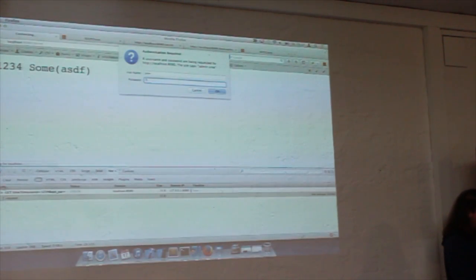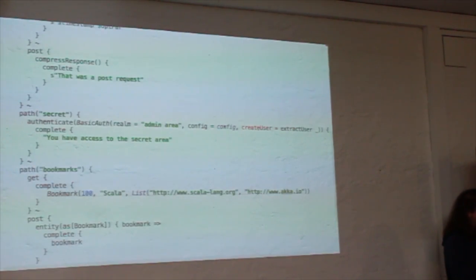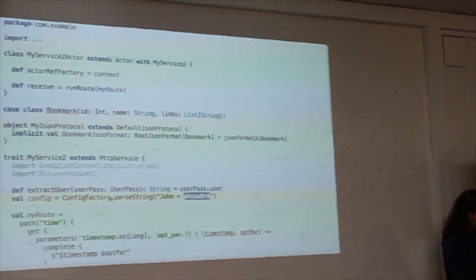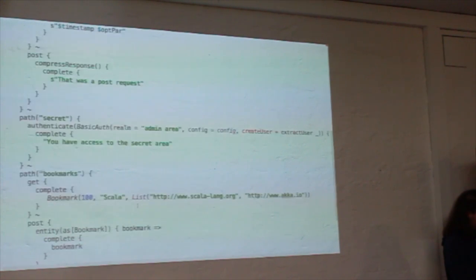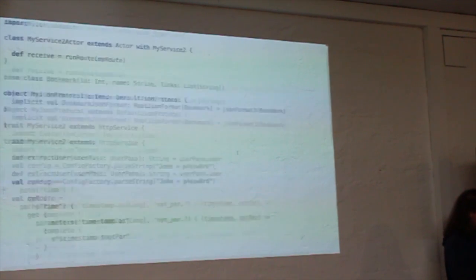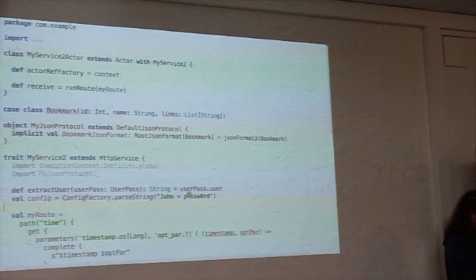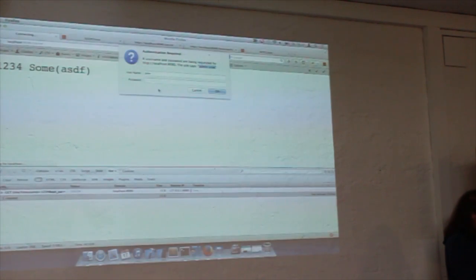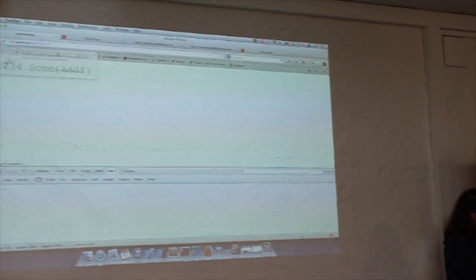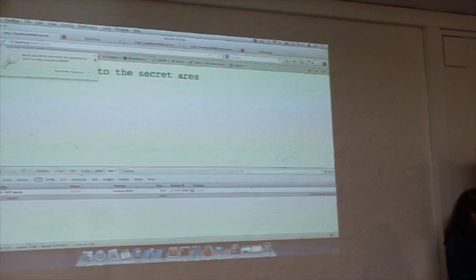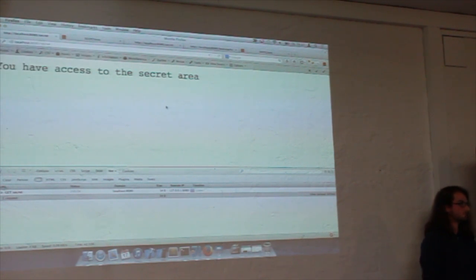It also tells me here it's admin area. This side says admin area. The config is the config that you stated here. And the same create users. It's just full boilerplate. All right, then I was allowed to access the variable.